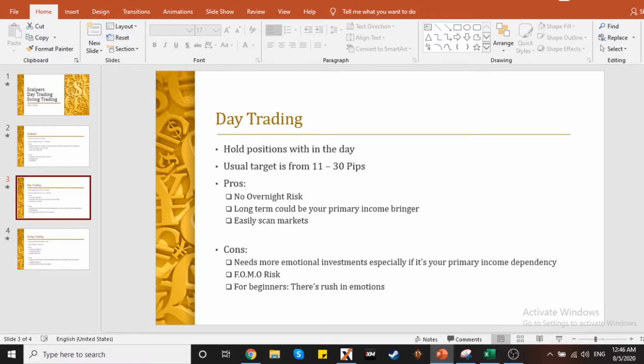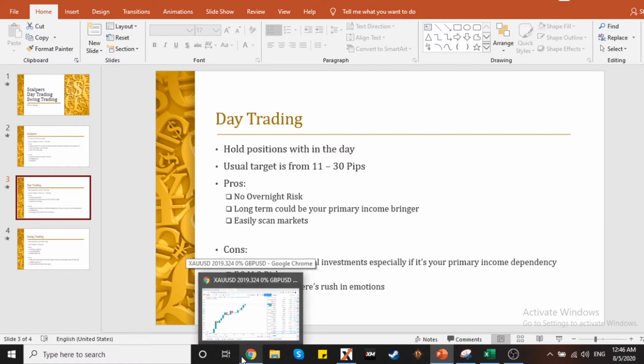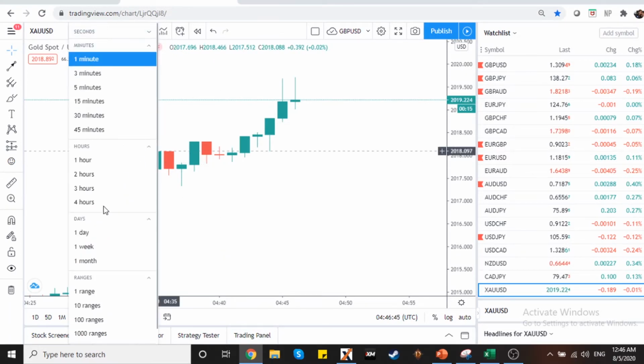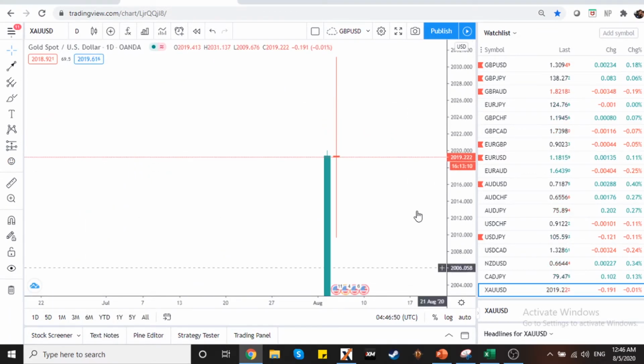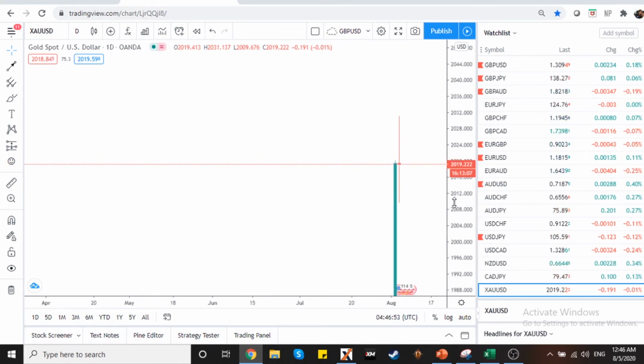Pag day trader, madalas you are at risk of FOMO. Ano ba yung FOMO, mga kanoypi? It stands for fear of missing out. Takot na takot kang baka hindi ka makaride sa trend ng gold. So, nag-buy ka. Tapos, biglang nag-drop yung price kasi hindi mo iniisip dahil you had a fear of missing out. Hindi mo iniisip na nasa price structure ka pala, nasa resistance level ka pala. And good thing that we had brought up gold, mga kanoypi, kasi ganito tayo sa gold ngayon. Kung makikita nyo to,